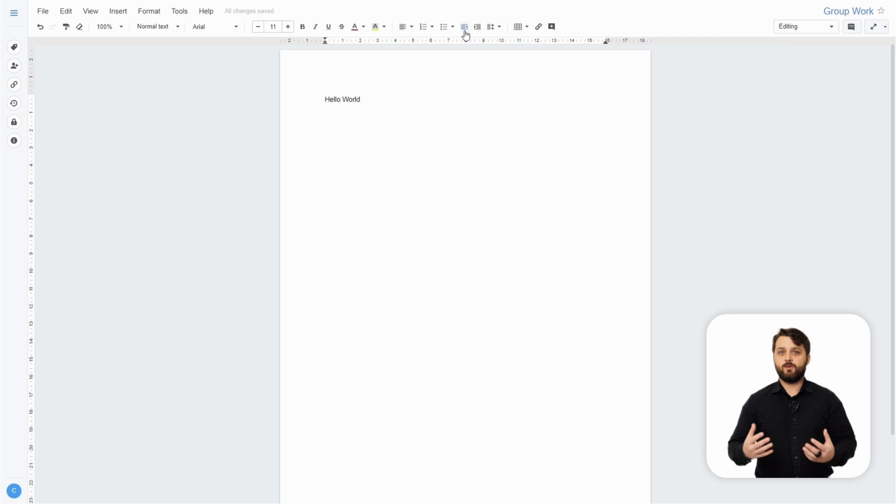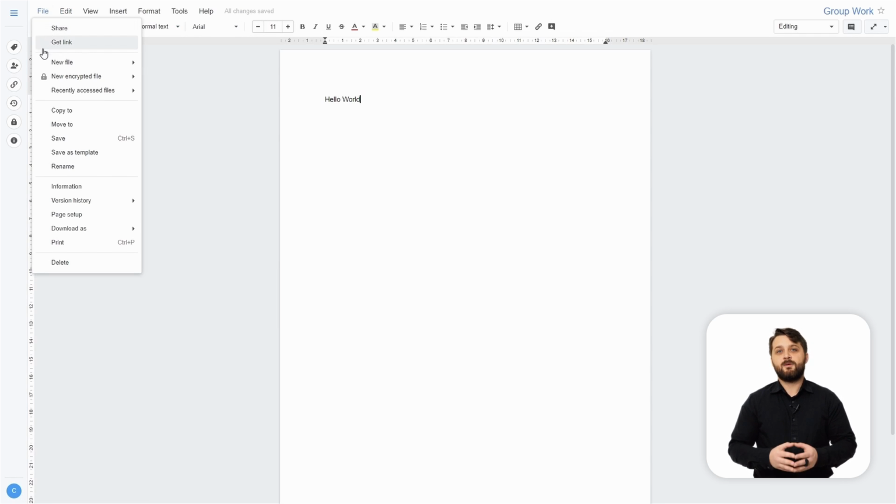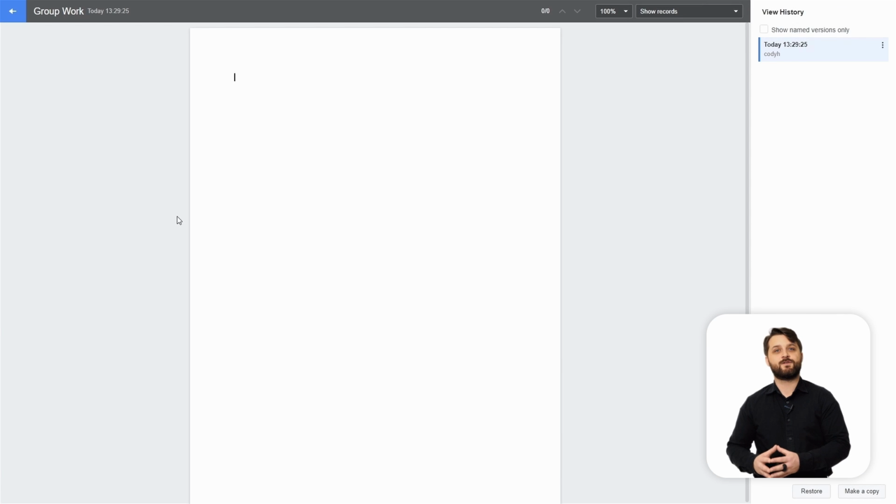So now, as we work through this document, you're going to notice that all changes have been saved on the top, just like any other cloud platform. And as you click File, you can see all the different options that you have along the side. The main thing that you're going to be interacting with is sharing, etc. But you also have the ability to look at versions for this file. So I've already edited Hello World here. If I look at the versions, I can see the document back when it was blank.